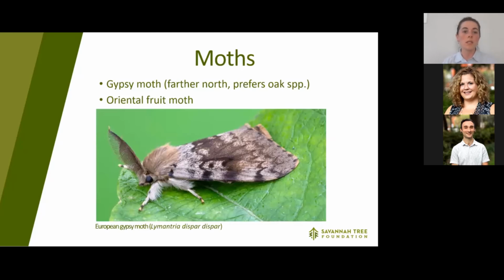A really interesting species is the gypsy moth. It's generally farther north, and it does prefer oak species. It defoliates trees as well, meaning that it basically will strip it of its leaves. But it does avoid a lot of maples, which I think is a very interesting thing, because when you're planting